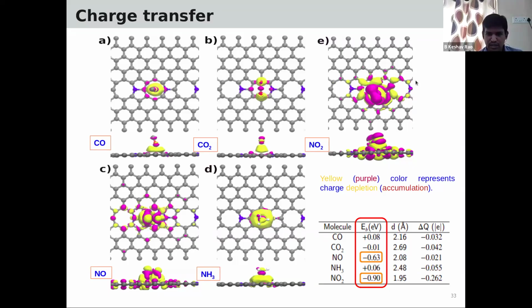So we can see with NO2 and NO, both depletion and accumulation are obtained here. But in the yellow one, depletion is higher. Depletion, yellow, is higher than the purple. So it means the gas molecule is absorbing electrons from the device. Here also, yellow concentration is higher than the others. NH3,